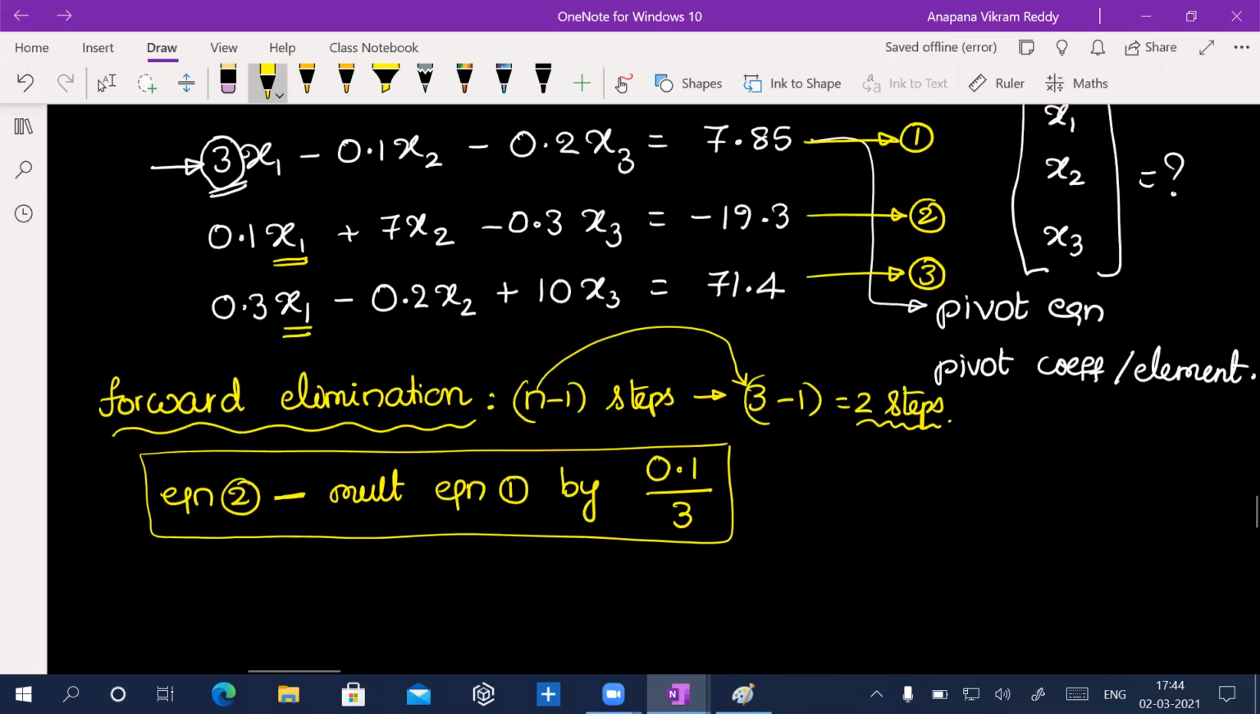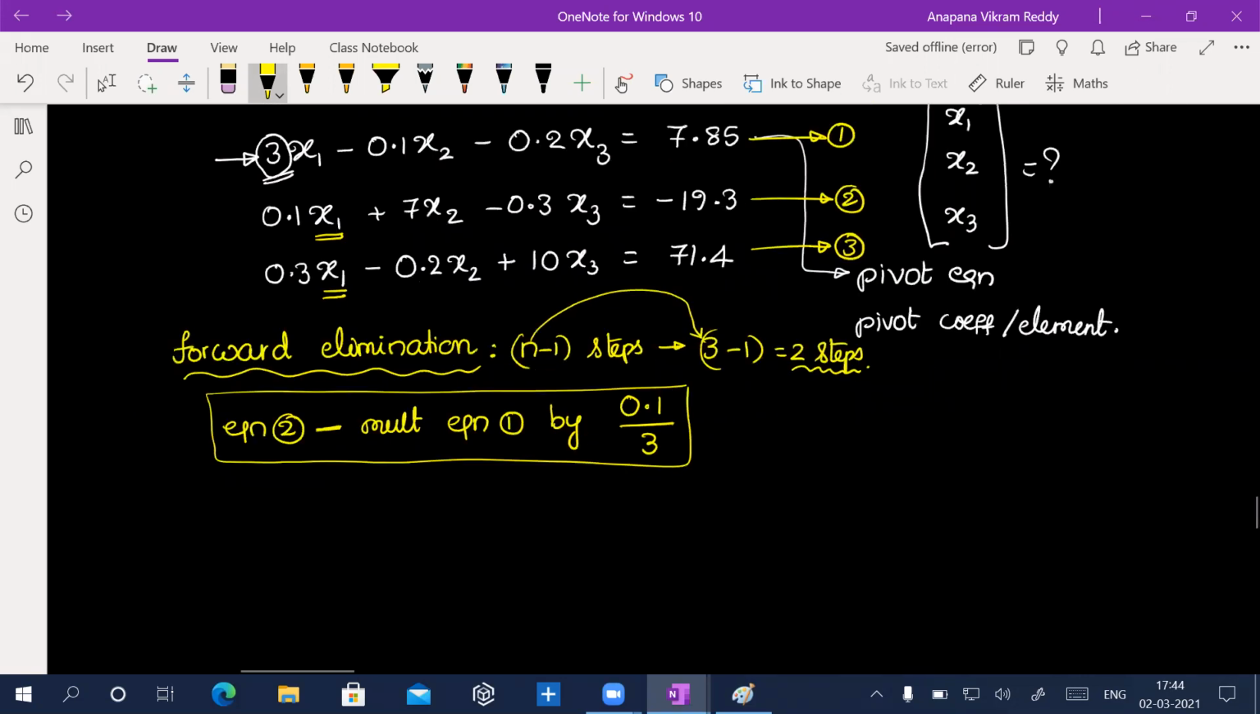So I have now equation number 1. I have 0.1 by 3 multiplied by 3, 0.1 minus 0.2, and also include this, 7.85. Okay, and then what to do? I have to subtract this from equation number 2, and my equation number 2 is,